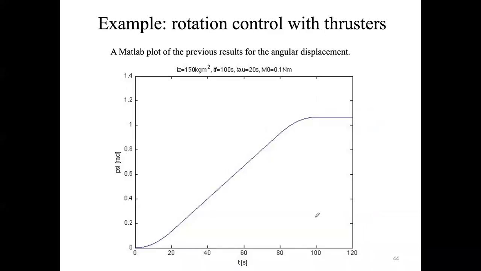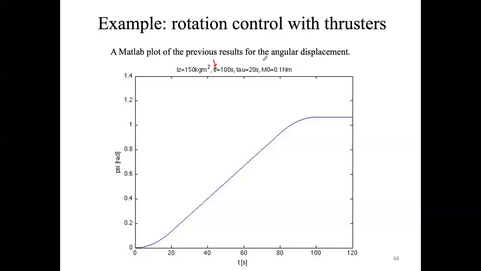So in real cases, if you want to plot the angle, for example, this is the yaw angle in terms of time, this is an example assuming the moment of inertia along the yaw axis is equal to 150 kilogram per square meters. The T final is 100 seconds, and so we fixed the time at which we want to reach a specific angle, 1 or 1.1 radians, and to reach that T final,